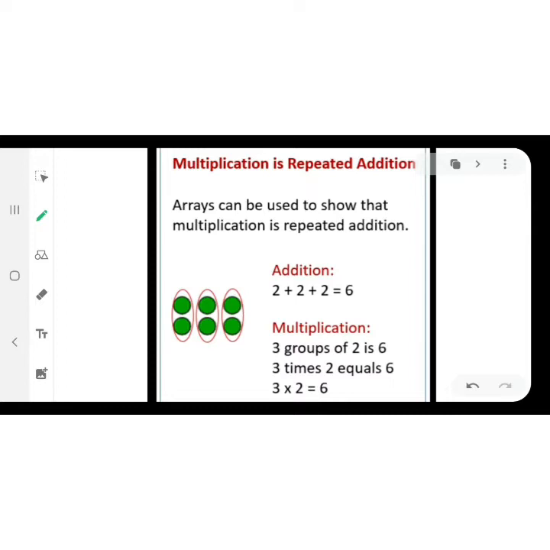So if I do the counting, it is 1 2 3 4 5 and 6, and if I add like this for each set, so 2 2 2, so 2 plus 2 plus 2 is 6,